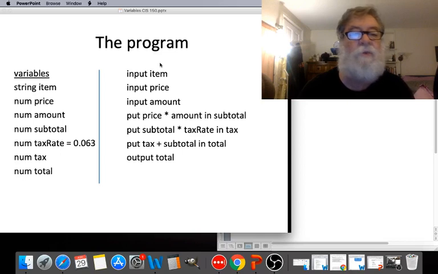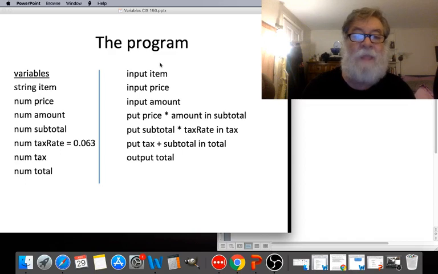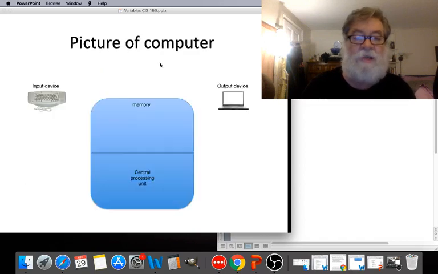And so these are the 4 pieces you'll need for every program in this section of the course, just this week's worth of variables and input, output, and put statements. Okay. Let's talk about how a program works by using this example and by talking about what a computer looks